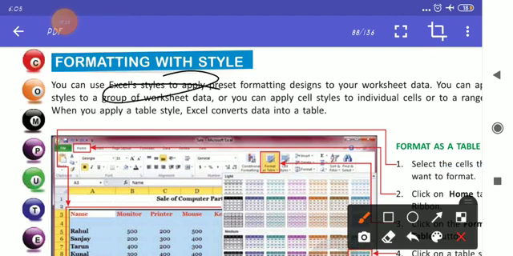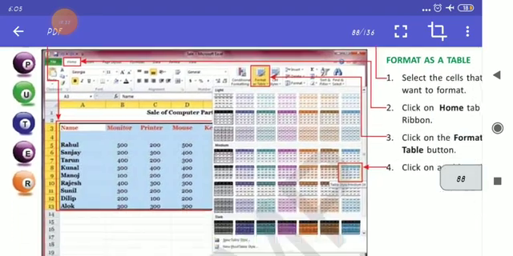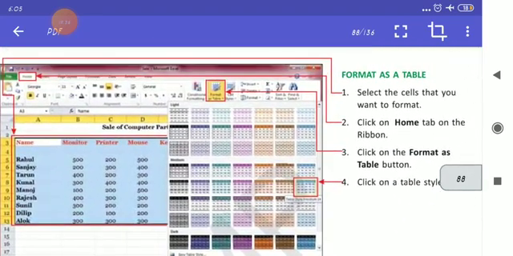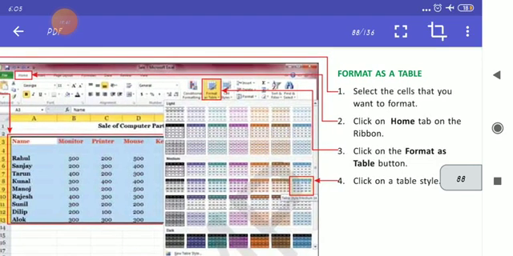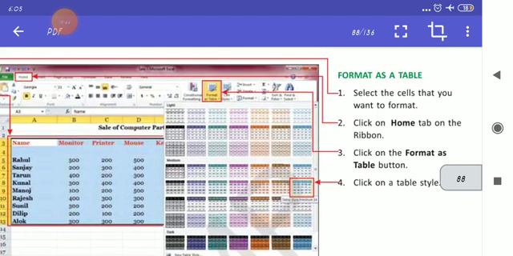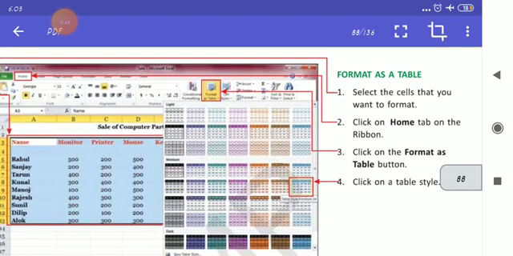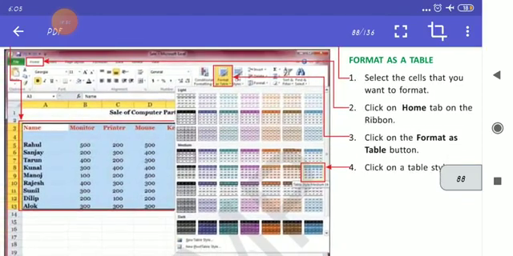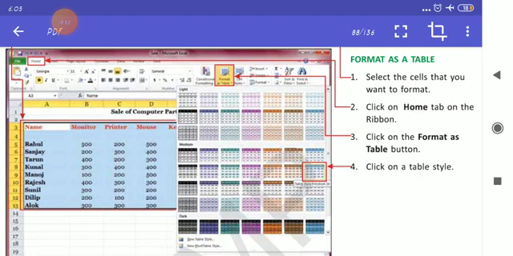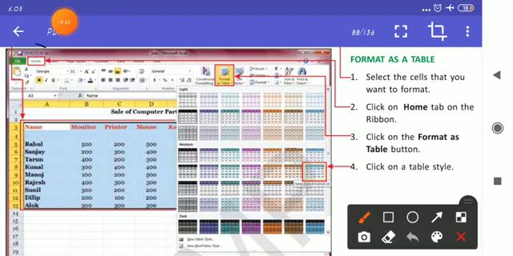You can apply a table style and Excel converts the data into a table. So let's see how it happens. Format as table: select the cell that you want to format. Once again, first you have to select the cell you want to format, then click on the Home tab, Format as Table, and click on a table style.